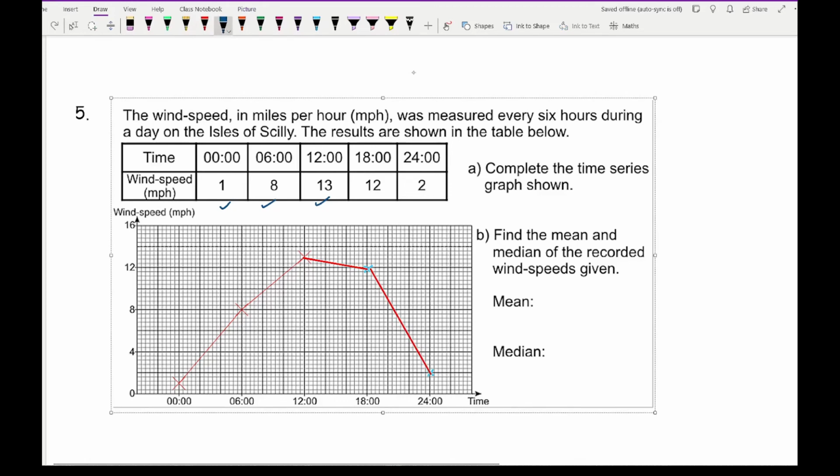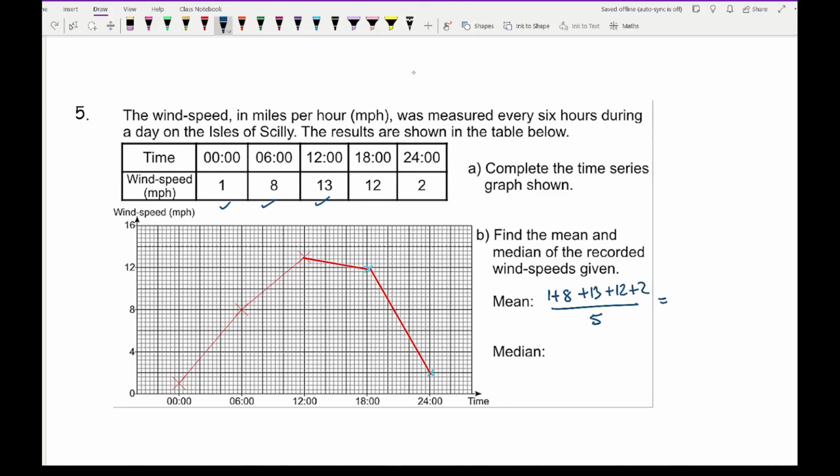Now the next question says find the mean and the median of the recorded wind speeds. So for the mean, I've got to add them all up. So I've got 1 plus 8 plus 13 plus 12 plus 2, all divided by 5. And if I work that out, either with or without a calculator, it's going to be 36 divided by 5, which gives me an answer of 7.2